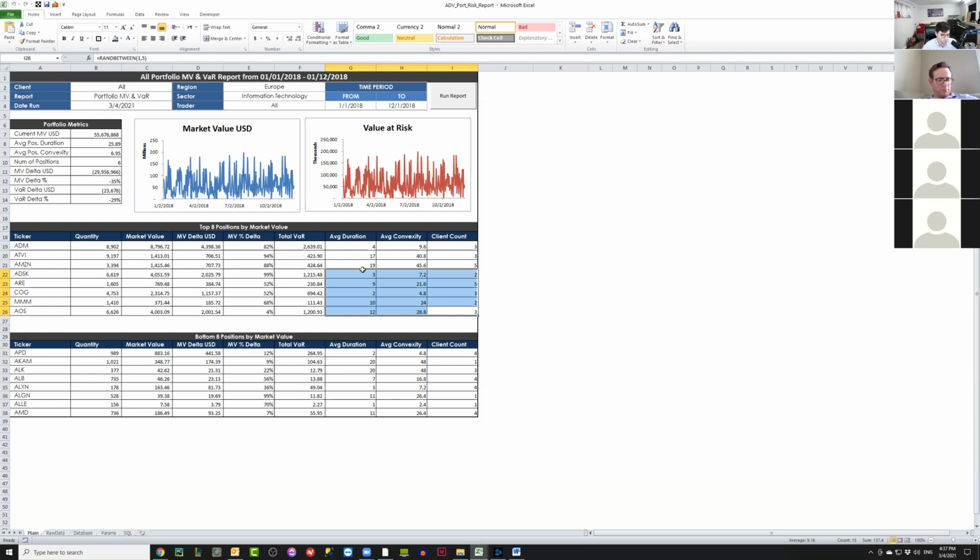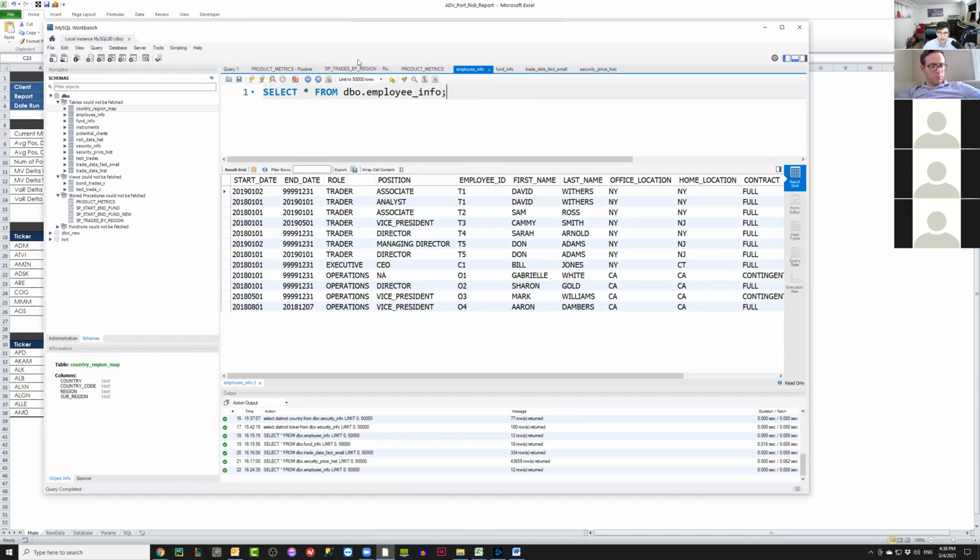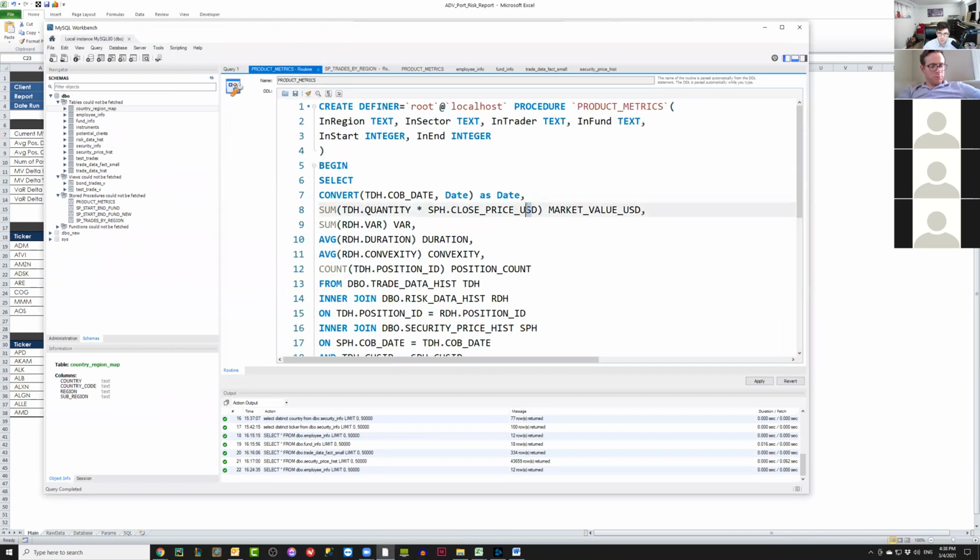So the number one thing I would say that is lacking in especially junior professionals nowadays, which is so valuable about being respected on a trading desk, is honesty. Just for perspective, if someone on a desk said, hey, can you change the current market value that we have? We'd rather see it in quantity instead of USD. Now, sure, I'll have to take out the USD and change it to quantity here. But literally, you know how much code I have to change to do that? I go here, I click on my code, and I just take out this. I just don't multiply by USD anymore. And I'm done.